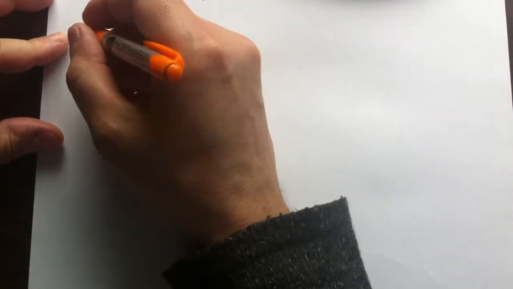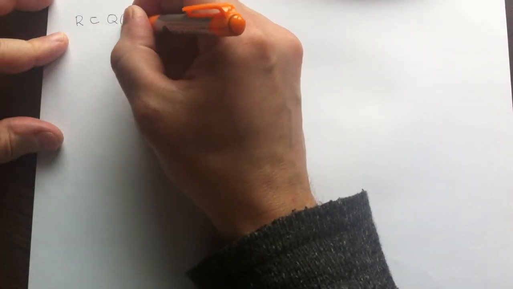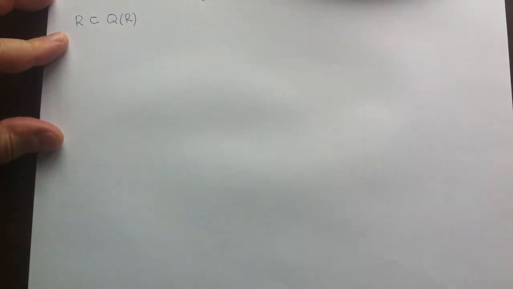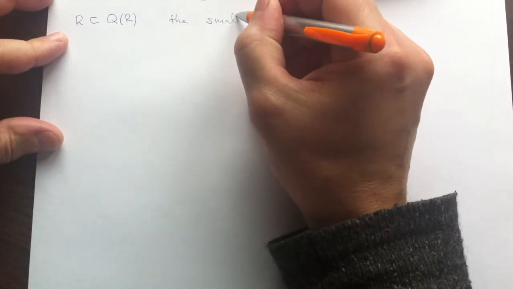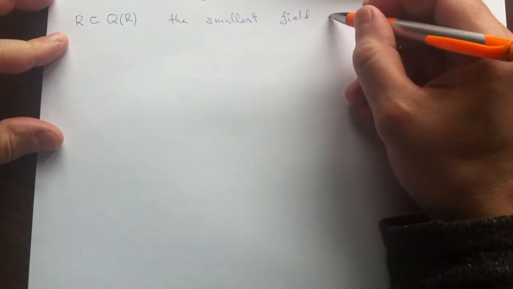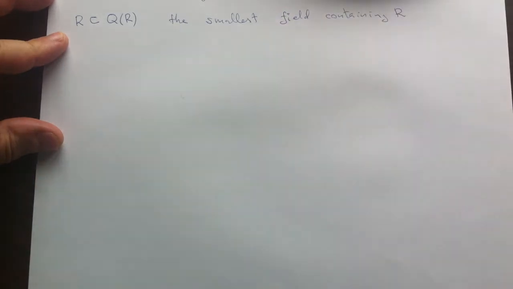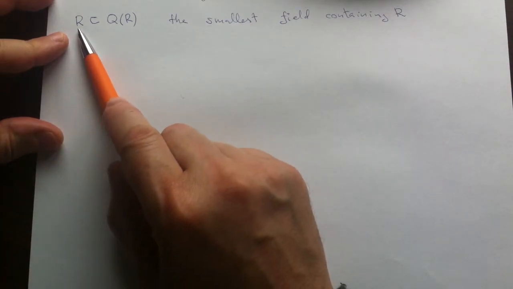So let's start with this situation like that, a ring, and then let's look at the field containing it, and let's seek the smallest one, because rational numbers is really the smallest field containing the integers. So the smallest field containing the ring R. Well, just a second on diversion, not really diversion, on input of this construction on the ring